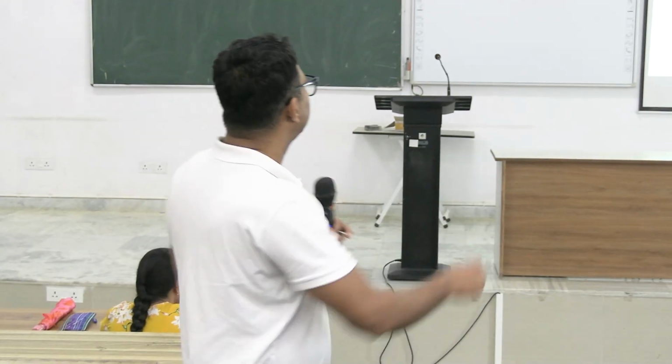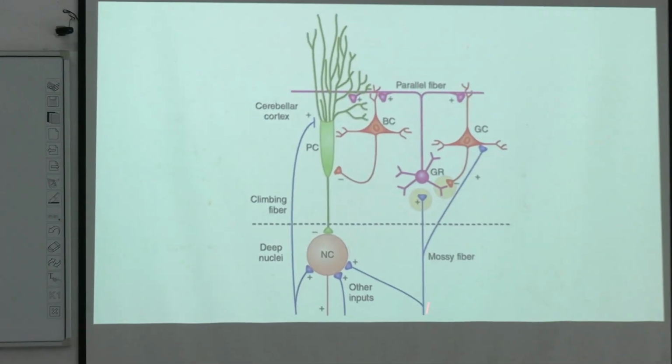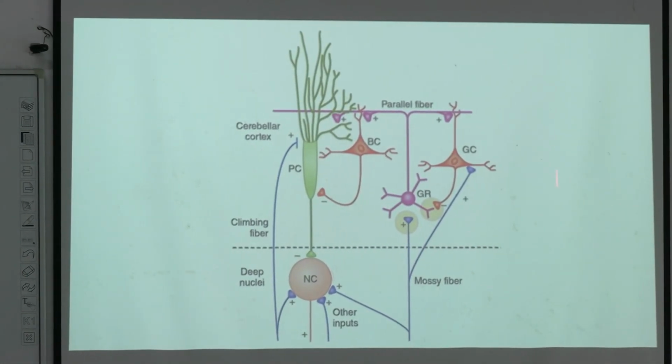The target is both climbing fibers and mossy fibers will converge onto Purkinje cell, right? So you see, climbing fiber is directly converging onto Purkinje cell, and mossy fibers, they are not directly converging into Purkinje cell, but